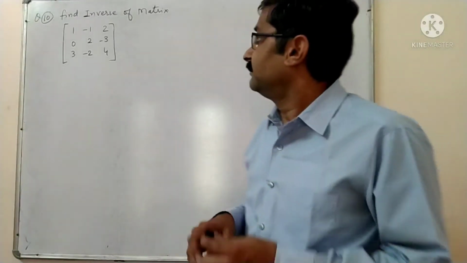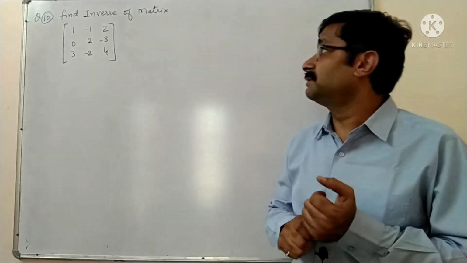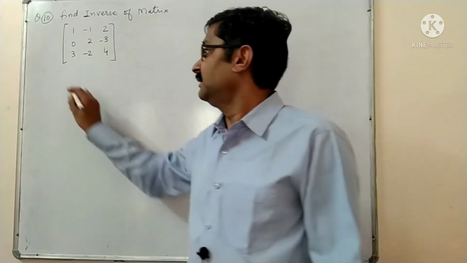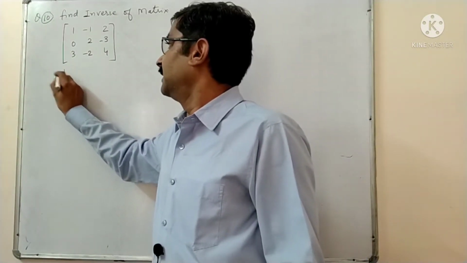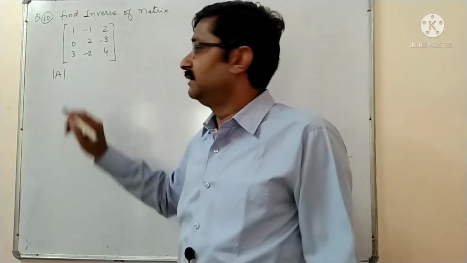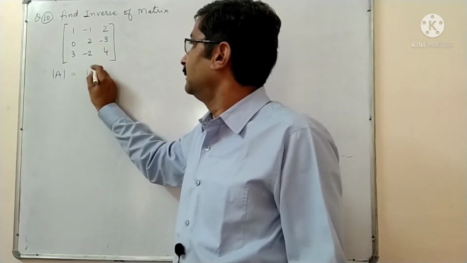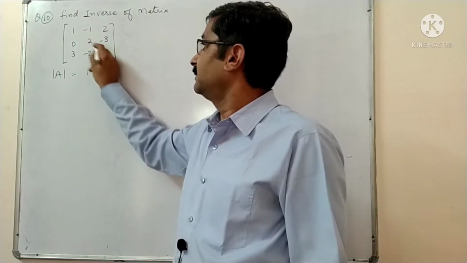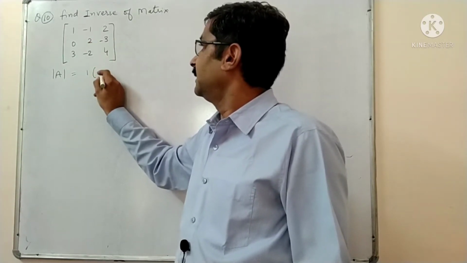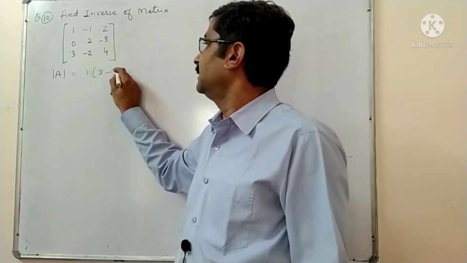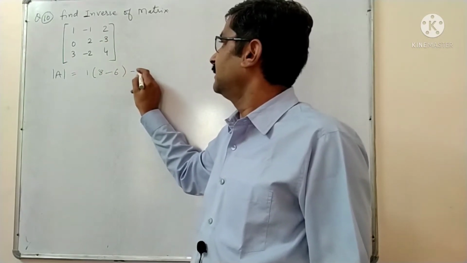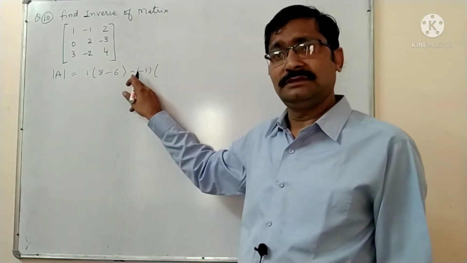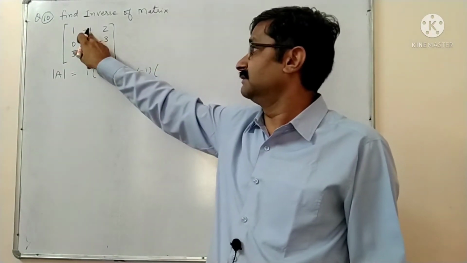Look here, we will find the inverse of the matrix, and for this first of all we have to find the determinant value. So look here, by the first row we will expand, so you get 1 into the cross product of this: 4 times 8 minus 3 times 6, then minus, and minus 1, this is the minus from the formula, and this minus is here, minus 1.